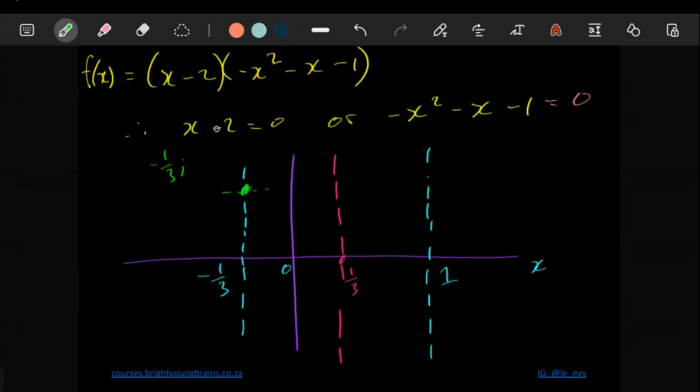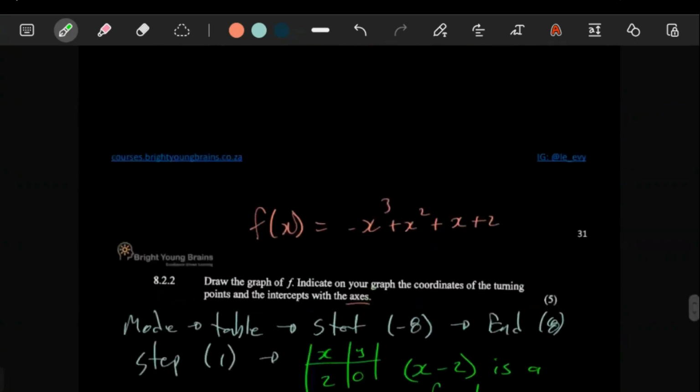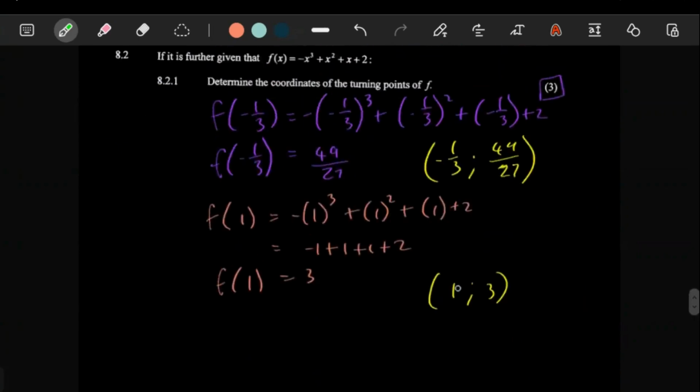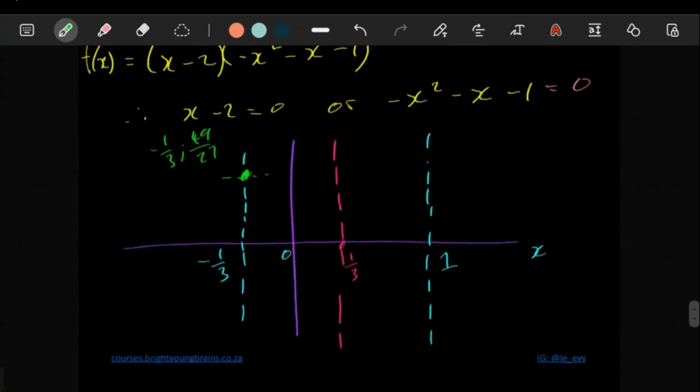Negative a third, 49/27. Secondly, where the x value is 1, the turning point is at where x is at 3. Let's adjust this because it won't match up with what we're trying to do. So let's put 1 over here so the 3 can be somewhere there. So this is like the coordinate (1; 3). So the turning point, it looks like it's gonna